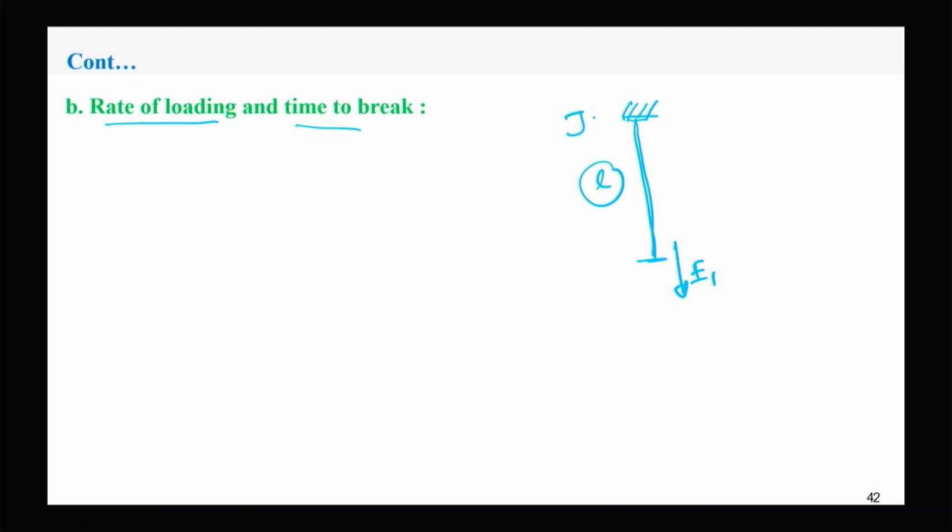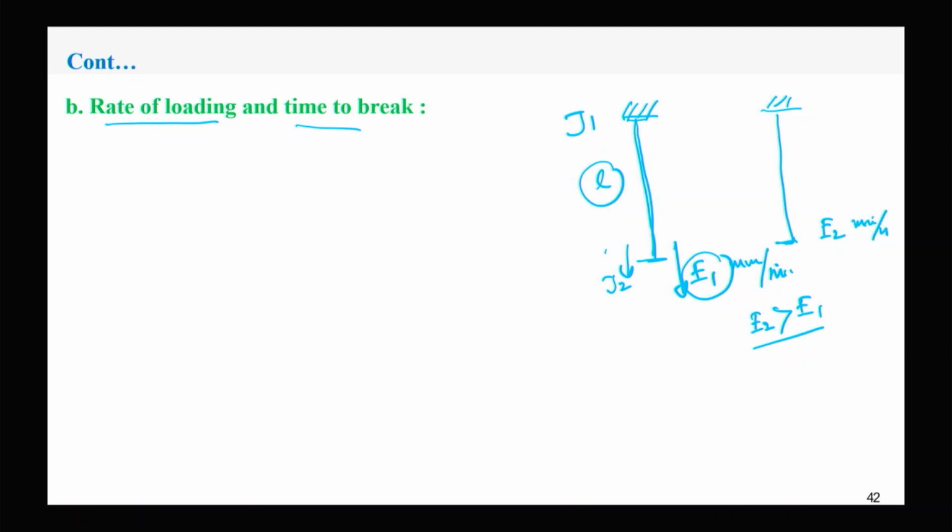J1 is the fixed jaw, the top jaw, and jaw 2 in the tensile tester we are moving at a certain speed, that is at E1 rate, E1 millimeter per minute, the rate of elongation. And with the same yarn, if we change the elongation rate to E2 millimeter per minute, where E2 is more than E1,